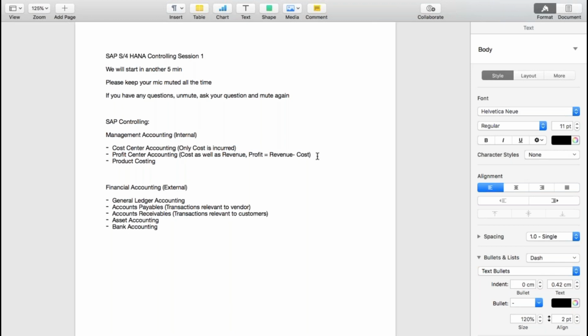But let's take an example: the manufacturing company is manufacturing a particular product. Let's say in this case, the manufacturing company is manufacturing bikes. Now they want to sell these bikes, right? Why would a company manufacture anything? At the end of the day, they want to sell it to the market to generate profit, right? So this company who is manufacturing the bikes wants to sell these bikes in the market.